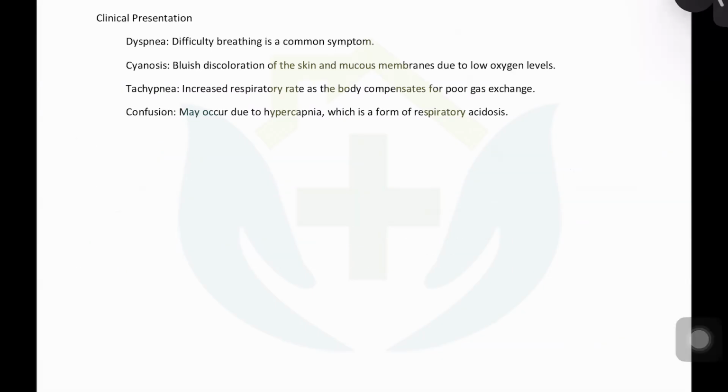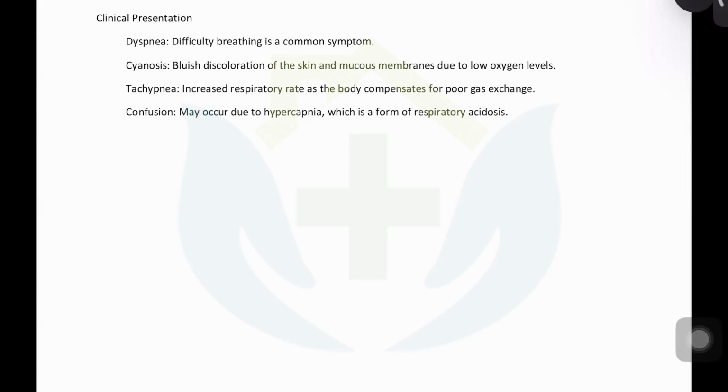So clinical presentation could be, whenever somebody is having lesser oxygen in their system, obviously they will be dyspneic, they'll be breathless, they'll be gasping for breath, they'll be needing more oxygen. And of course, when oxygen drops, then there is bluishness, discoloration, that is cyanosis. And where do we see the cyanosis? We can see it on the tip of the tongue, on the base of the tongue, and of course on the tips of the fingers and toes. And because the respiratory drive is increased during respiratory failure, tachypnea is there. And of course, confusion because of hypoxia and hypercapnia.